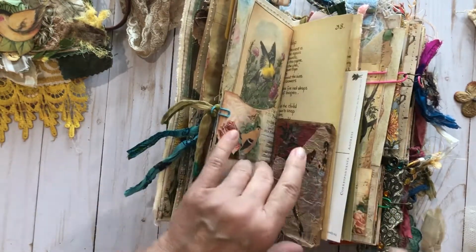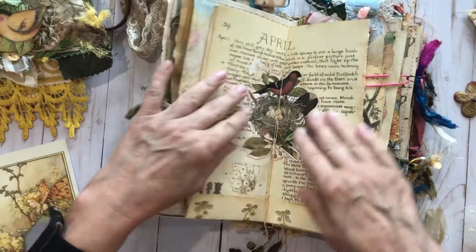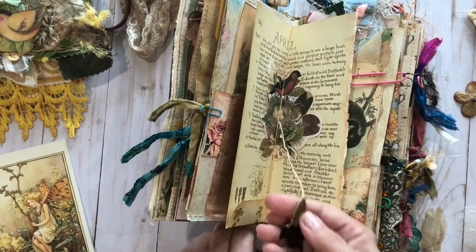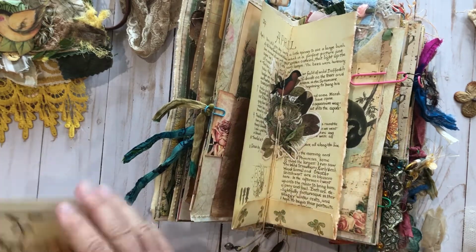There's the Edith Holden book there that I used as the center of the spine. The signature. And this has 2 signatures in it. I think there's approximately 130 pages. There are some charms I put on the signatures. Another one of my